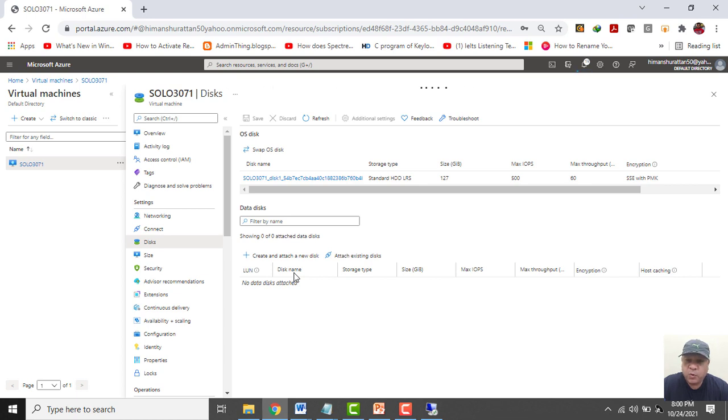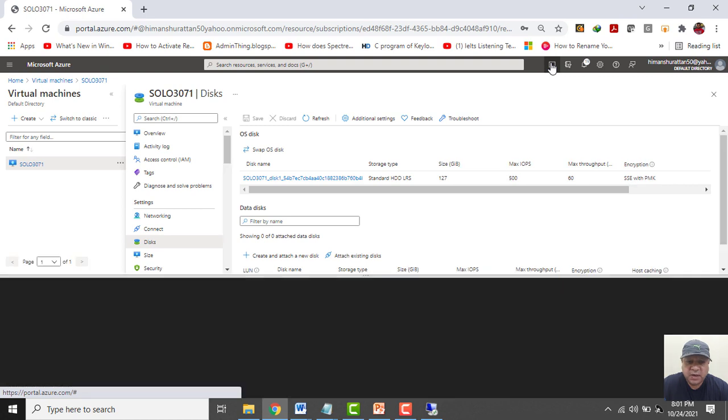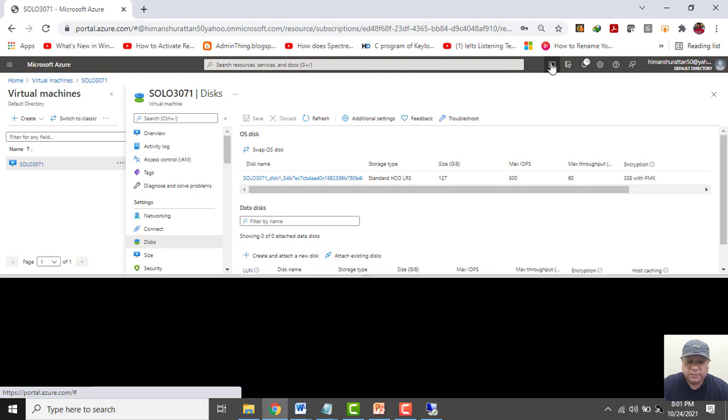Now let me show you how we can create a managed disk through a script. If I have to create a managed disk through script, let's open Cloud Shell here. I will share the commands with you.